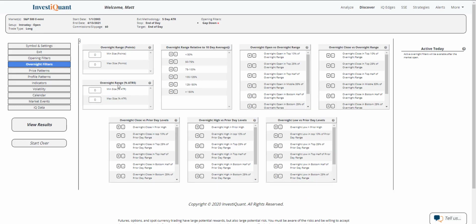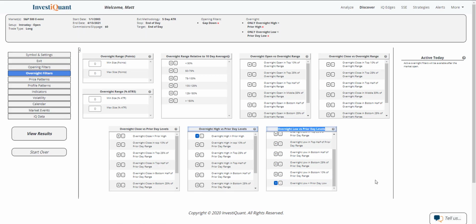The pattern that we're going to be looking at is the overnight session has a higher high than the prior day session. So this is looking at the overnight high relative to yesterday's regular trading hours high. That's right here in the overnight high versus prior day levels category, the very top option. I'm going to hit equals next to overnight high greater than prior high. Then in the overnight low versus prior day levels, I'm going to go down to the very bottom option, and the overnight low is less than yesterday's low that was made in the regular trading hours. So that forms the outside session taking place in the overnight session. That's the pattern we're going to be looking at.